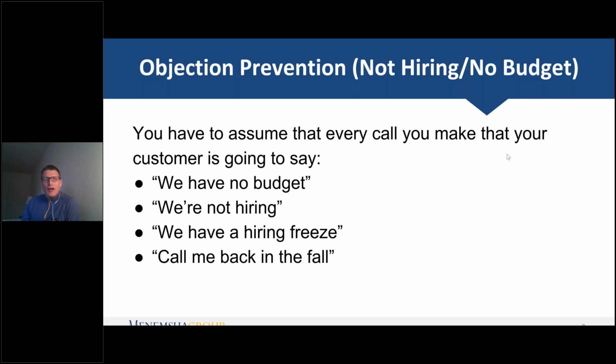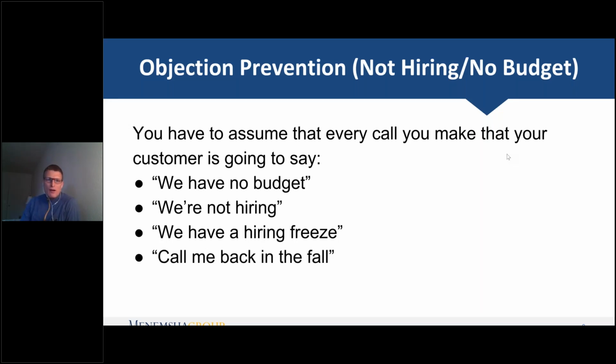By the way, if you're wondering why I have a bad haircut, that's called doing it yourself in the middle of a pandemic. Yes, I need to get to my barber. All right, all kidding aside.